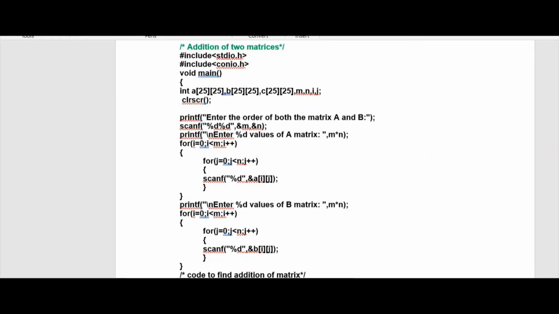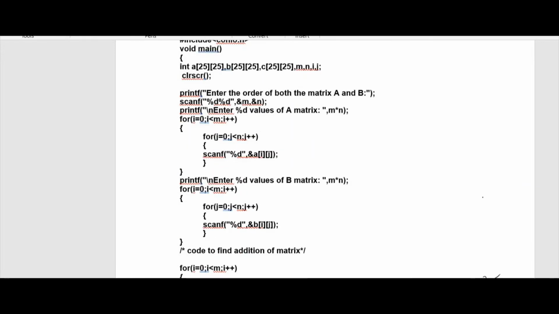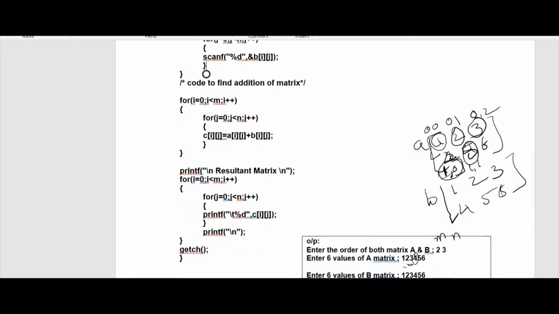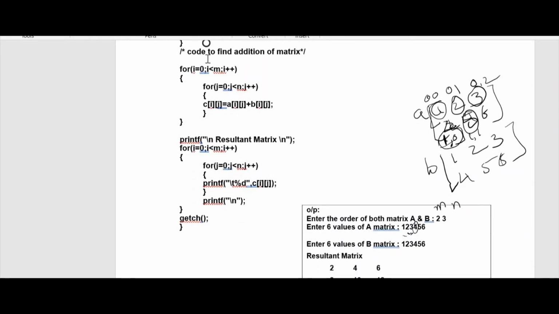So the first matrix, A's values, are scanned and stored in array A. Similarly, we are going to read matrix B's values and store them in array B. Once we have stored A and B values, now I am supposed to add the two matrices